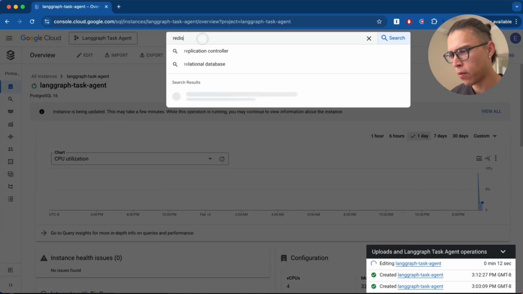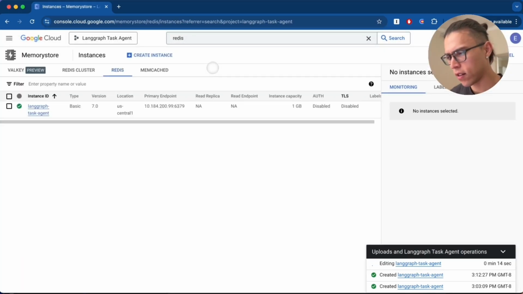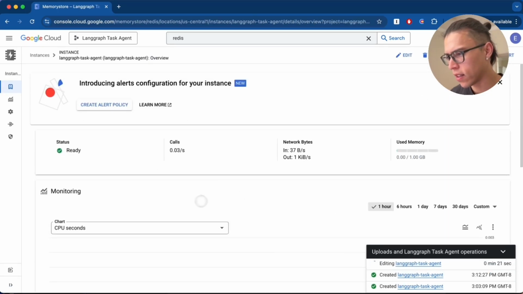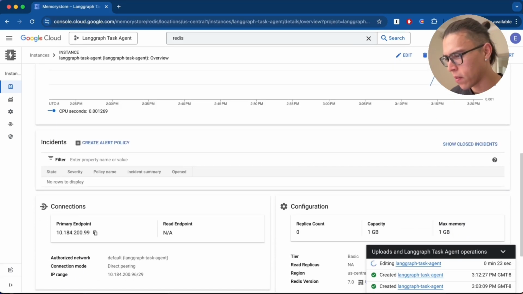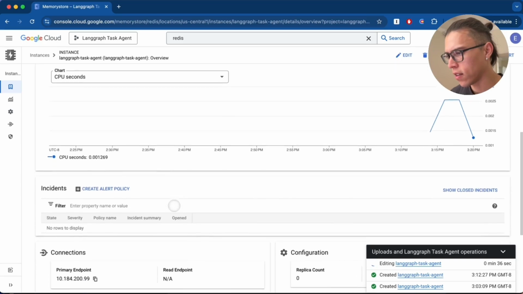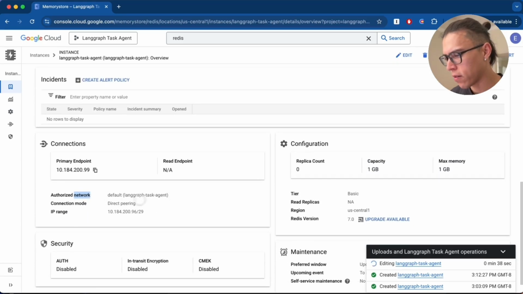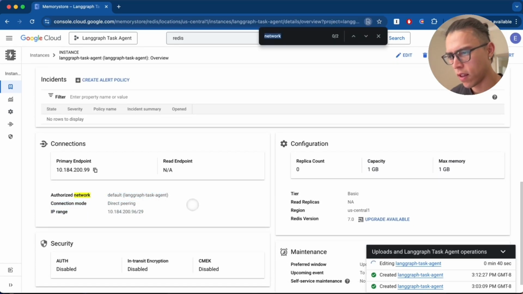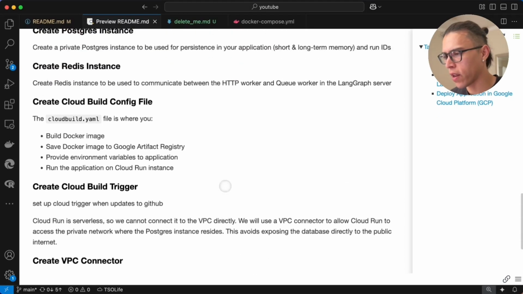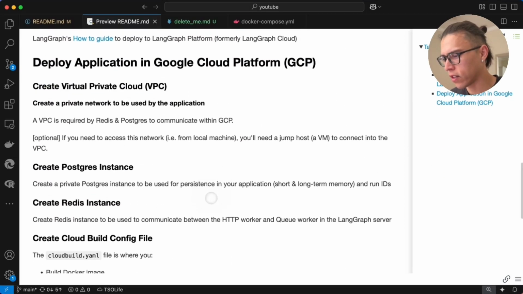And then I want to make sure that my Redis instance is also connected to that network. I did select it when I was creating it. It looks like it did finish creating that Redis instance, but now I just want to confirm that. So if I'm in my Redis instance, then I can see that the authorized network is the default one, so that's good. Okay, now that my Postgres and Redis instances are created and they're connected to that network that I created up here in the first step,